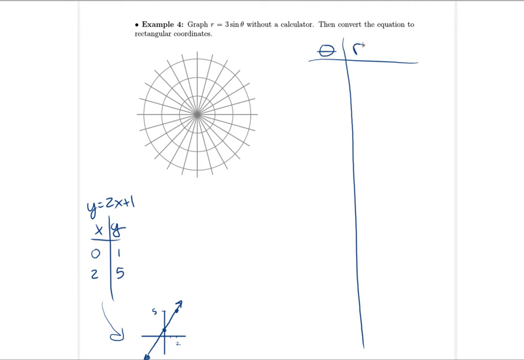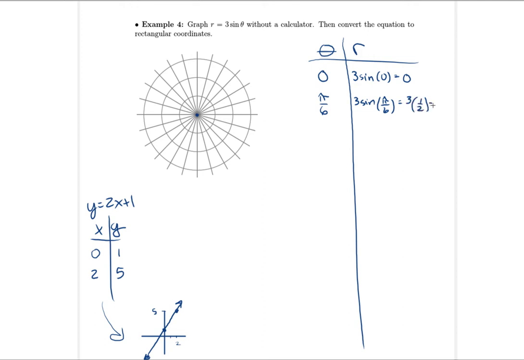So let's keep this easy at first. If theta equals 0, we have 3 times the sine of 0, which is equal to, well, the sine of 0 is 0. So that means when theta is 0, r is 0. So that means you don't go out from the origin at all. So you're just going to put a point right there at the origin. How about pi over 6? At pi over 6, we have 3 times the sine of pi over 6, which is 3 times a half,